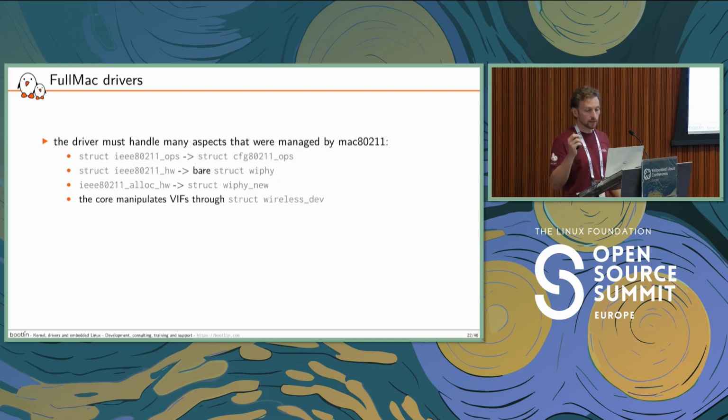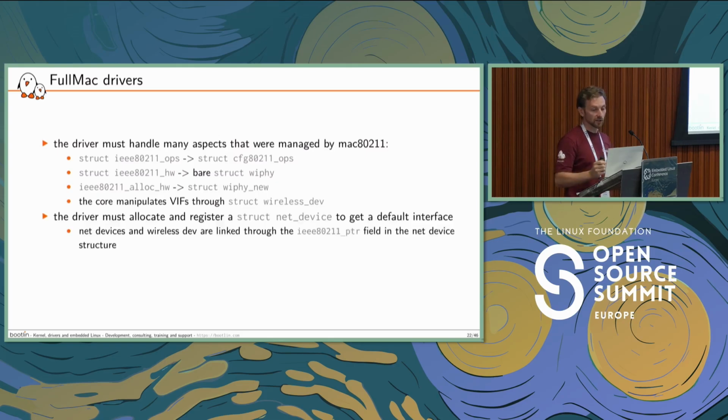On top of that, I will have some new structures that I will have to manipulate. That was not really mentioned in the previous slide, but whenever the Mac 802.11 layer calls my driver, it provides some specific VIF structure. I won't have this anymore. Here, I will have a lower level structure, which is a wireless_dev. This represents my wireless virtual interfaces at the lower level.